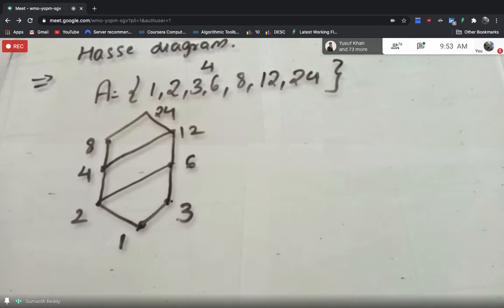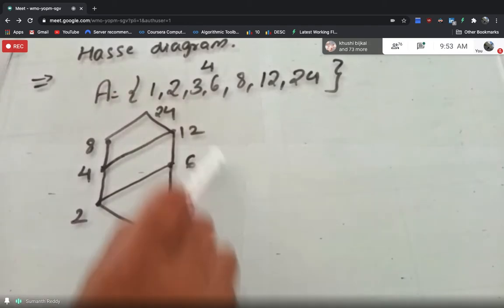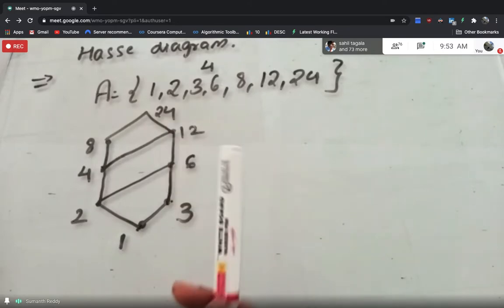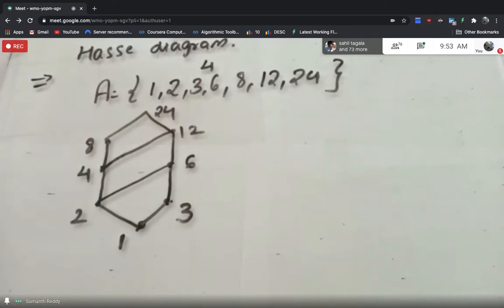What is that? The first rule is always the relation should be depicted in the upward direction. No need to explicitly represent the reflexive relation. And the third one is no need to explicitly represent the transitive relation. If you don't break these three rules, even if you get a different shape, it's fine. The solution will not always be exactly in this shape. You might get a different shape also, but that is also correct. Students, is this clear? Can I go with the next problem?